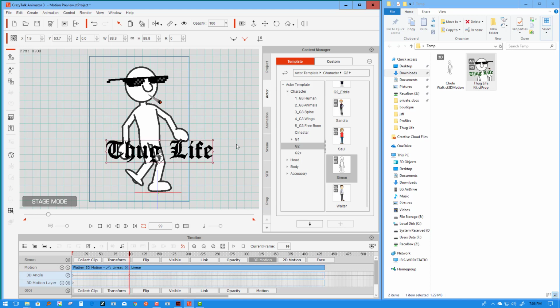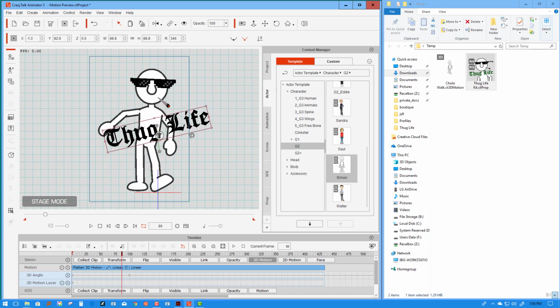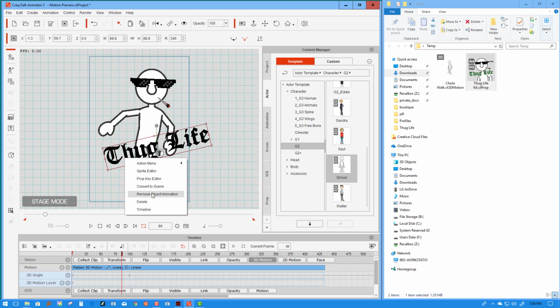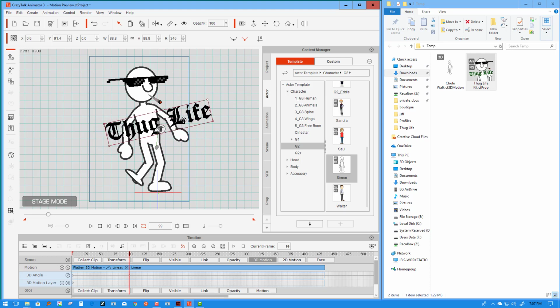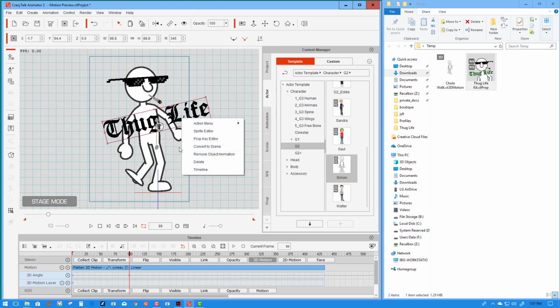I'm going to do this. Maybe create a little bit of an animation here. All right, so we're gonna do, yeah. Let's get rid of the object animation, and from here we're just gonna kind of bounce it up and down just to establish that keyframe there. On frame 100, we're going to move it here, and let's take a look at the